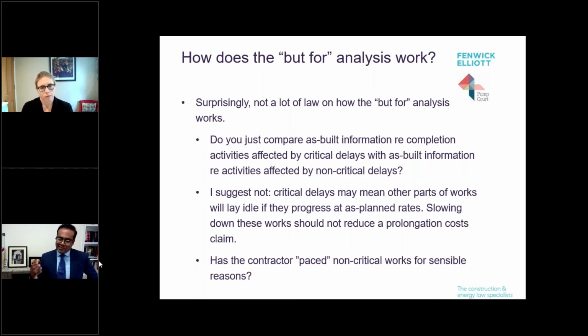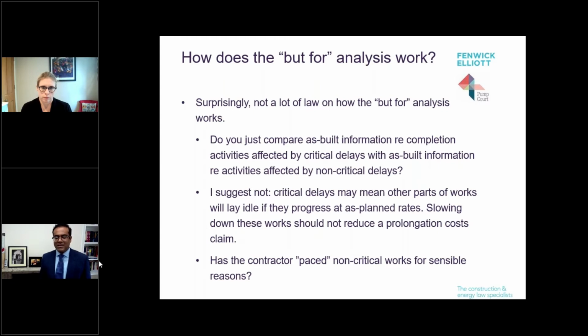So I would suggest that a straight comparison of as-built information just isn't the right way necessarily to assess compensable delay. Now, for those of you that don't just think about this in ivory towers, but actually have to progress works, if you are managing a project where you need to delay an activity, push it back in some way, or withdraw some resource from it because of critical delay to a different part of the works, document it,